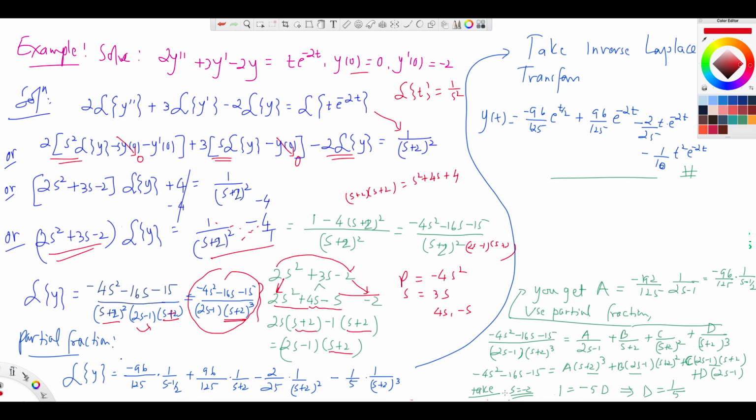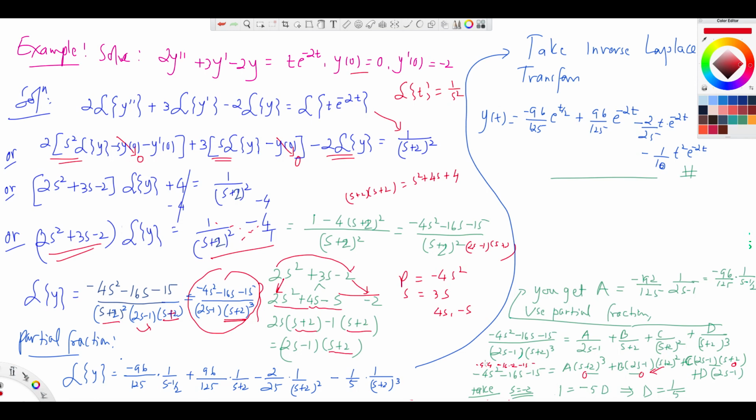Now if you say, for example, s equals negative 2, then this will be 0, this will be 0 because that term will be 0, and this will be 0, but this is non-zero, right? So you will get 2 times negative 2, which is negative 4, minus 1 is negative 5d. On the left side, if you plug in negative 2 for s, you will get negative 4 times positive 4, because negative 2 squared is positive 4, and then minus 16 times negative 2, right, minus